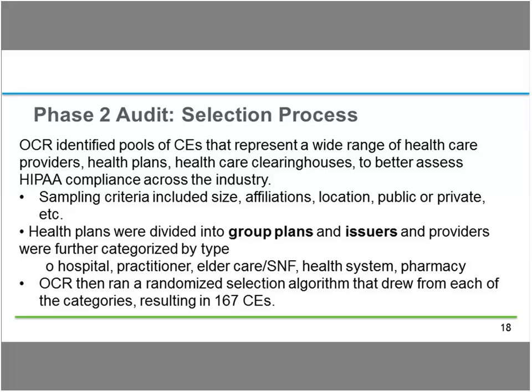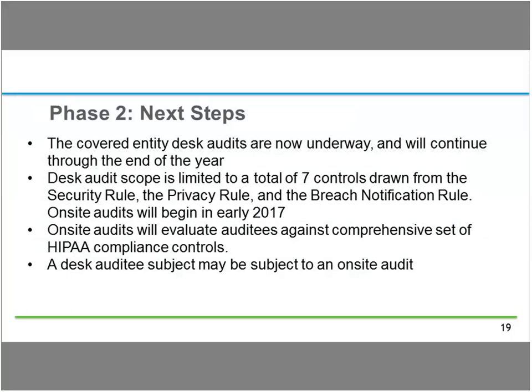The way they went about this is they identified these 167 entities, and then they were required to provide all the business associates they are doing business with. Then they identified the business associates from that pool to do the audit, right? But the good thing about this desk audit is they narrow down, because